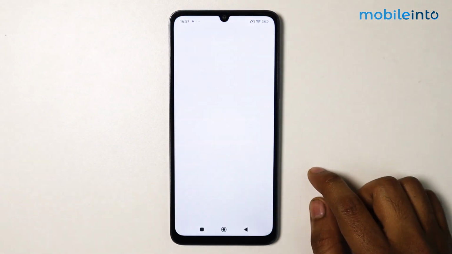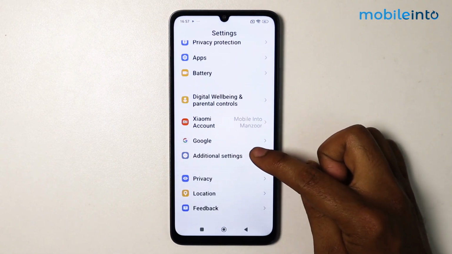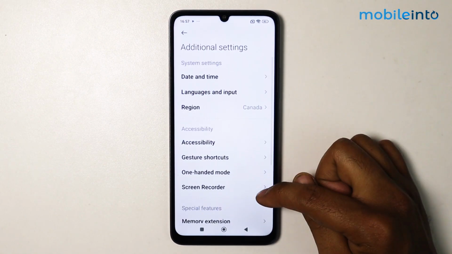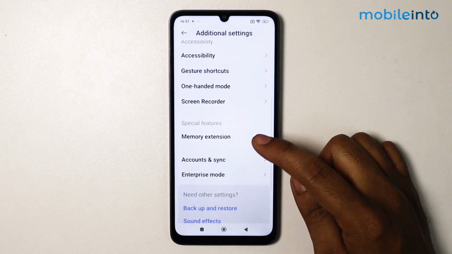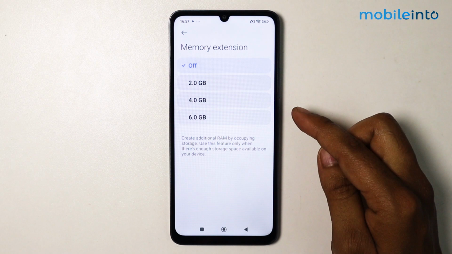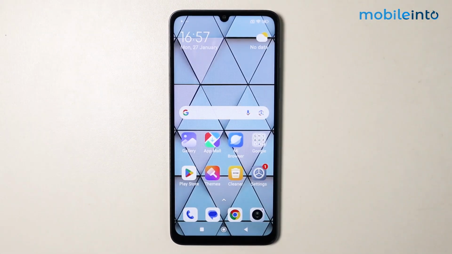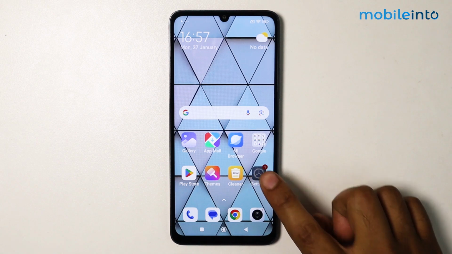Go in settings, scroll down, go in additional settings, go in memory extensions, extend your memory from here. Now if you are still facing the same issue, then go in settings,